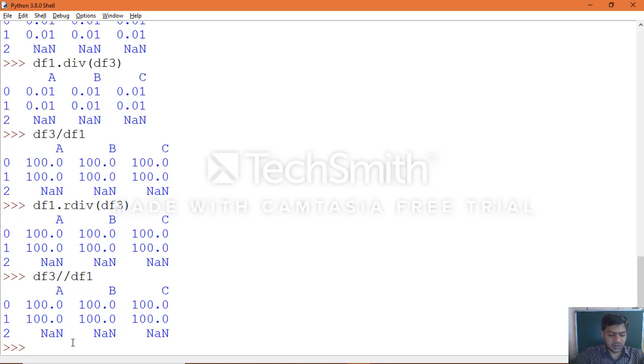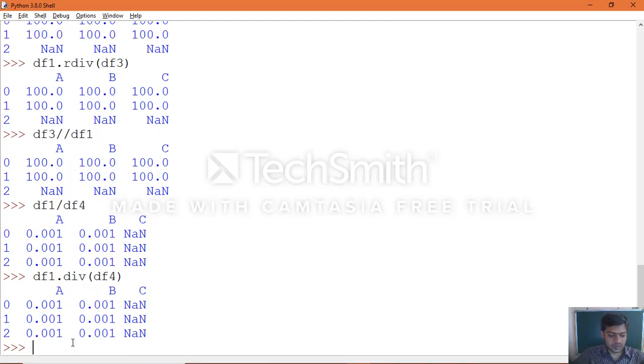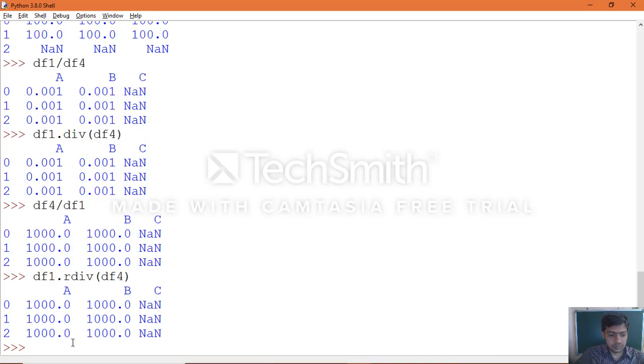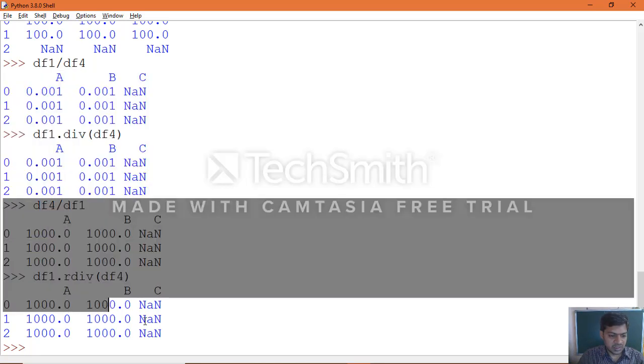Now in the same manner we can work with df1 and df4 and apply the division function. Now apply the reverse, df1.rdiv(df4). Again you see the same set of statements clearly: these two gave the same result, and these two gave the same result.